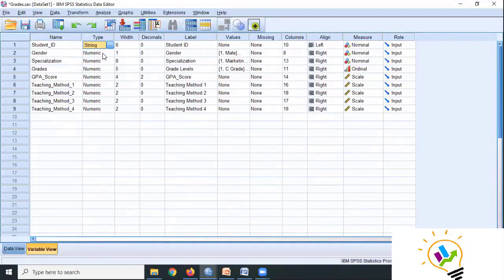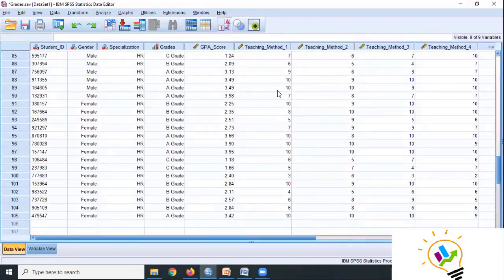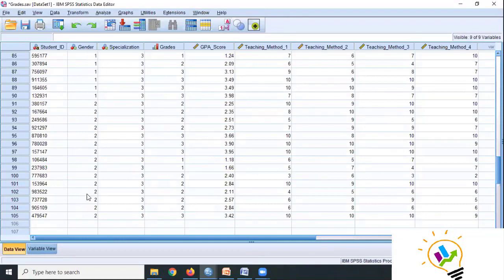Right. So this is all data type. We'll be discussing only 3 types of data, that is string, numeric data and date. But generally, whatever data you take here, all the data will be in the form of numeric only. You can see even gender I have entered as 1 and 2. 1 means male, 2 means female.